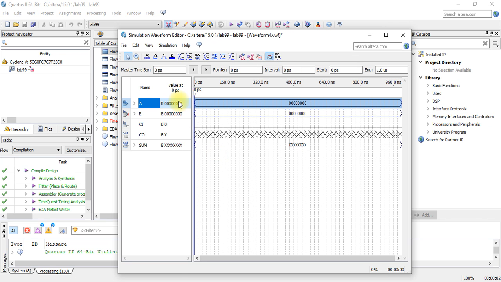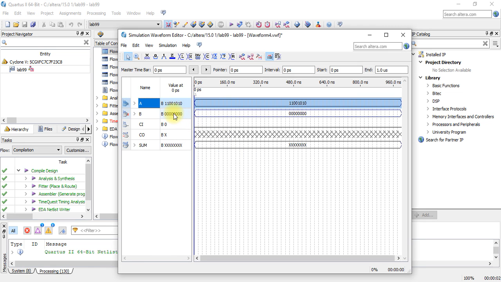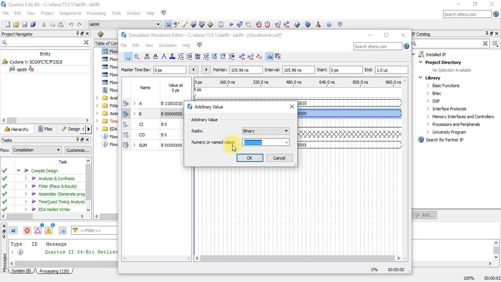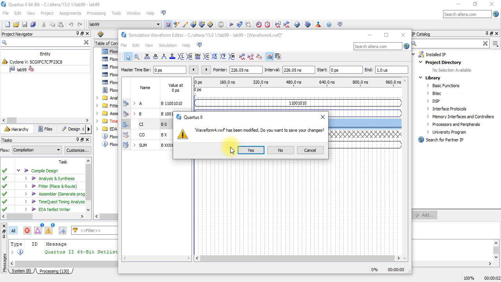So let's give the values. We are going to implement 1 0 0 1 0 1 0 at A, and for B we will use 1 0 1 1 0 1 1. The carry in must be 0. So let's see what would be the result.